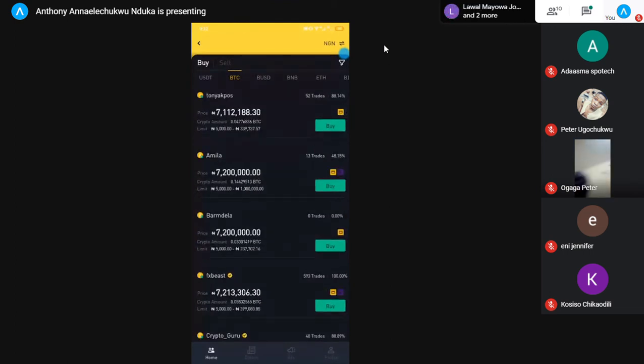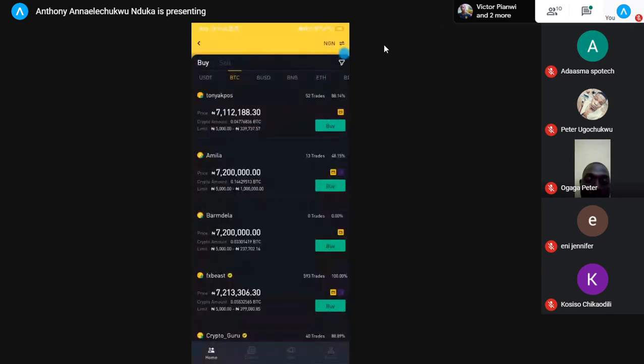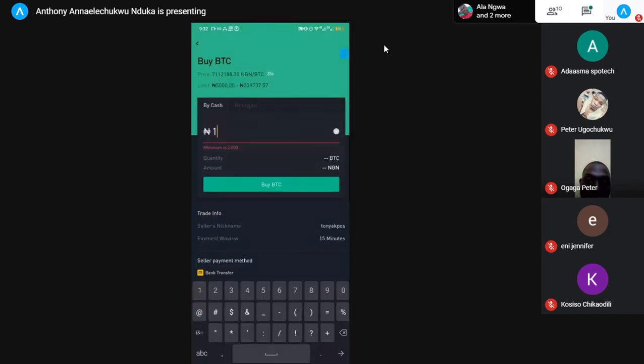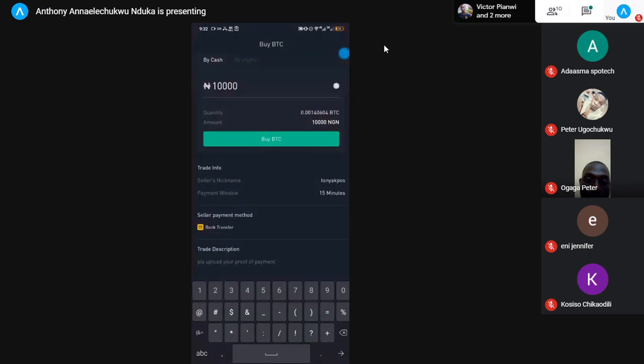So let's say I want to buy from Tony Akbos. I click on buy. Once I click on buy, I would have to enter the amount I want to buy. Let's say I want to buy 10,000 Naira worth of BTC, which is almost the same thing. Once I click on buy BTC,